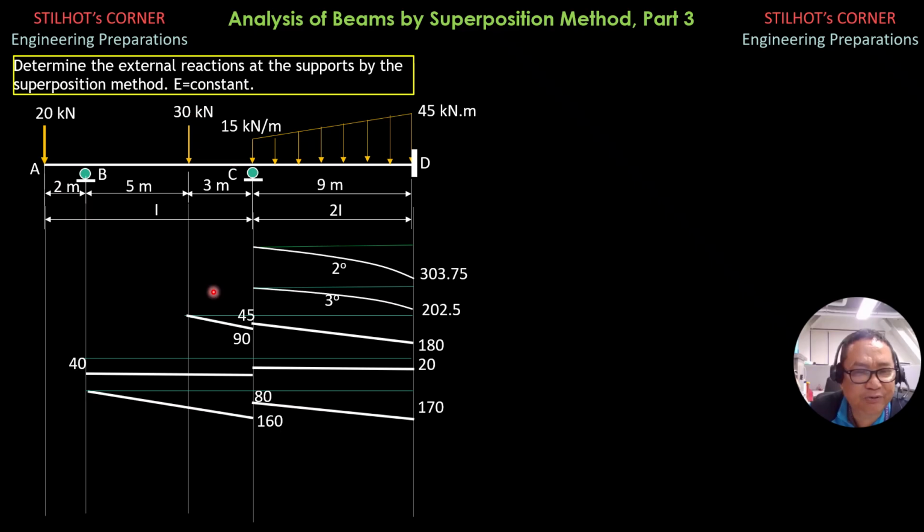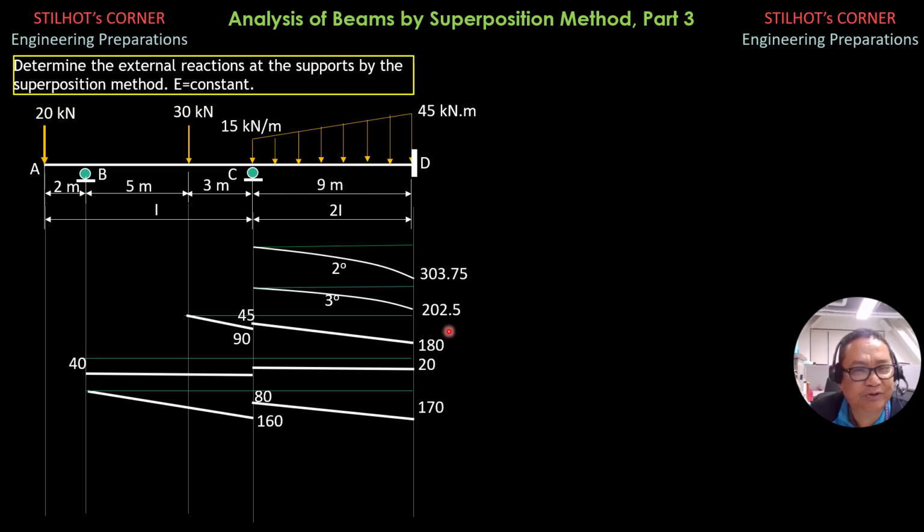Then for the 30 kilonewton load, 30 times 3 is 90. As it enters CD, because I is 2, 2 times the moment of inertia of ABC, so 90 divided by 2 is 45, and 30 times 12 is 360 divided by 2, so 180. For this part, we imagine we have two loadings: a 45 kilonewton meter couple and a 180 minus 45 concentrated load with moment at the end of